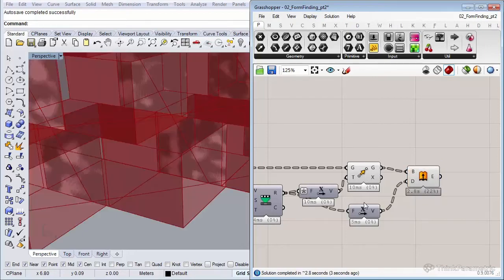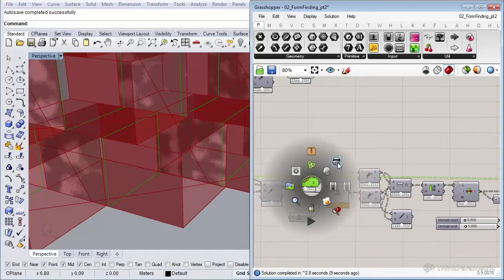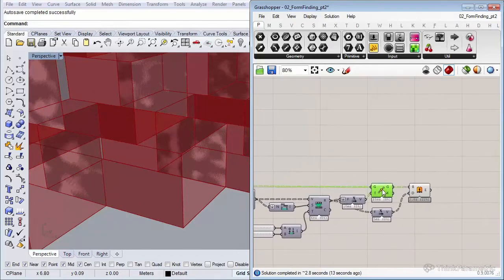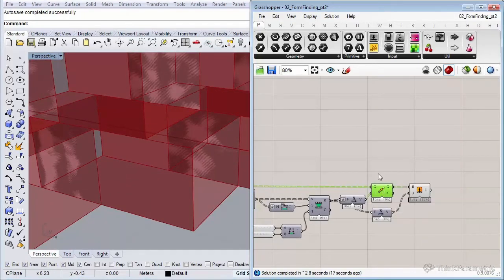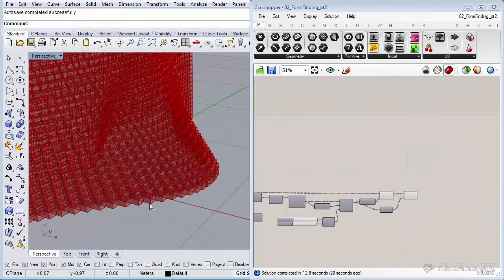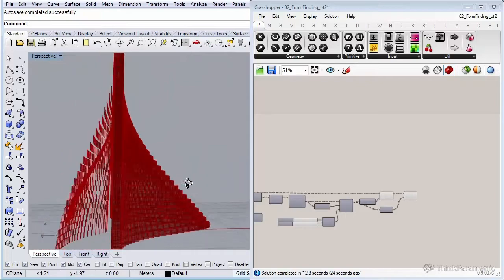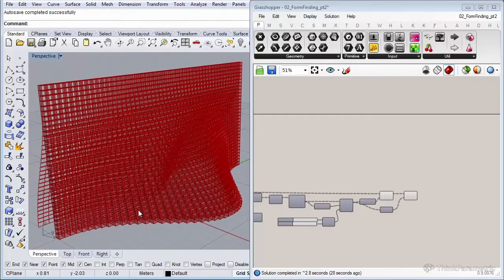Nice. Turn off these. Nice, and as you can see, our rectangles are still in the middle, so that's nice. Let me zoom out a little bit. So it's already starting to take shape. It's a pretty nice shape. The only thing we need to do is to get the checkerboard pattern. That's our last thing we're going to do in this lesson.